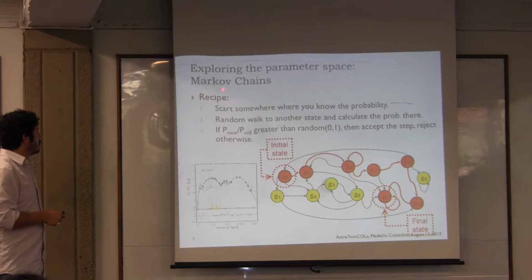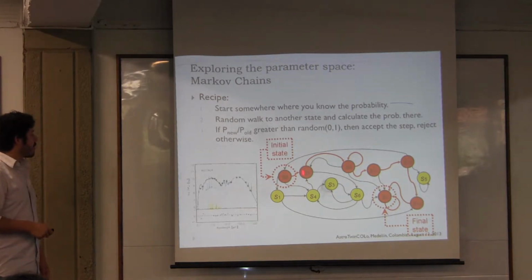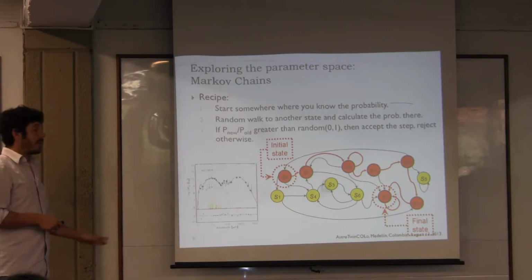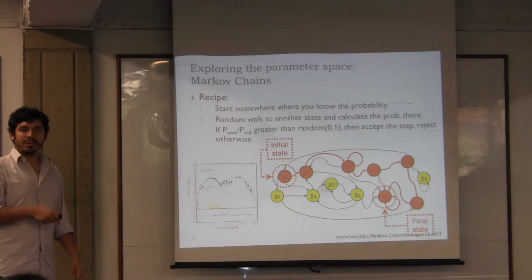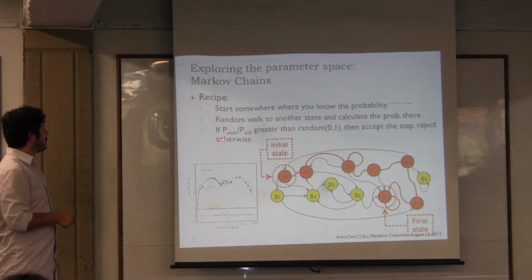You can do what we call a Markov chain, that basically is a random process. It starts jumping from model to model until it converges by a clever way to change from model to model, something related to the random walk we were talking about this morning. And basically what you do is you start in a model where you can calculate somehow the probability, and then you randomly walk to a different model, calculate the probability of both the initial state and the next step, and calculate the ratio of the probabilities.